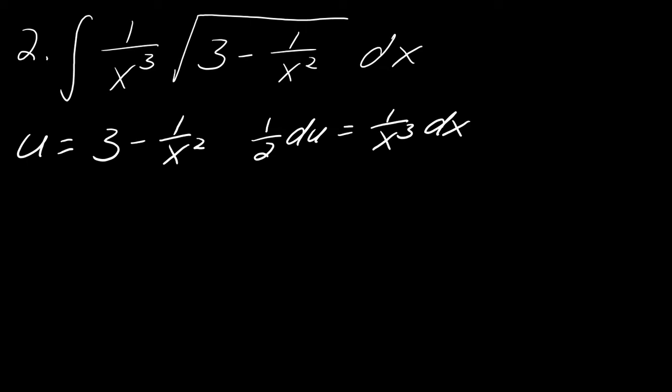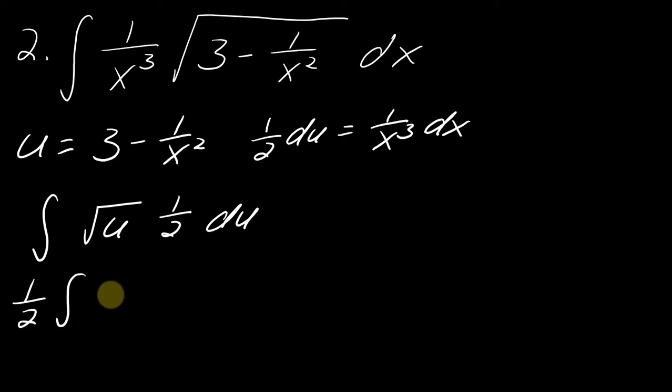Okay, so now making these substitutions, this is going to become the square root of u times 1/2 du. I usually just like to rewrite this, so I'll bring that 1/2 out in front. I like to write this as a rational exponent. It just helps me get through the integration part a little faster, I guess. And so this will equal